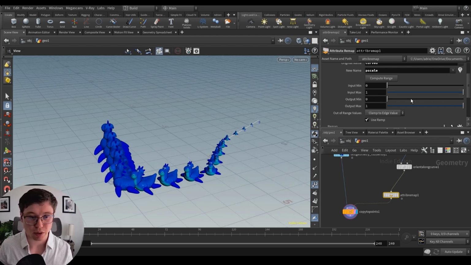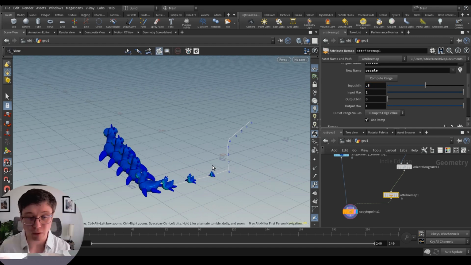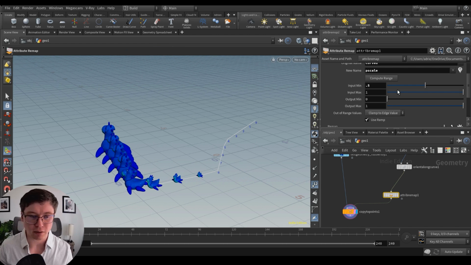So that's pretty neat. The input minimum would basically sort of clip the values below, let's say 0.5. And now the beginning of the curve basically starts at 0.5. And they all get bigger from this point.